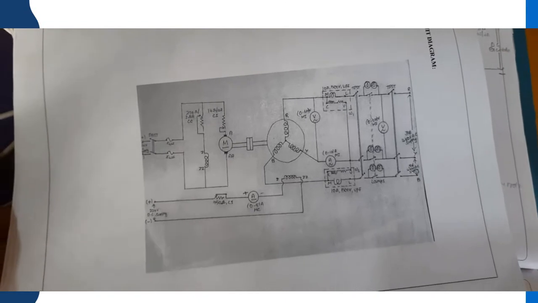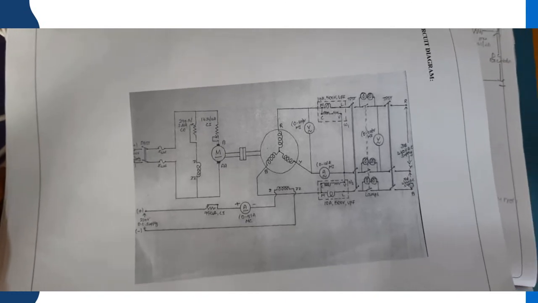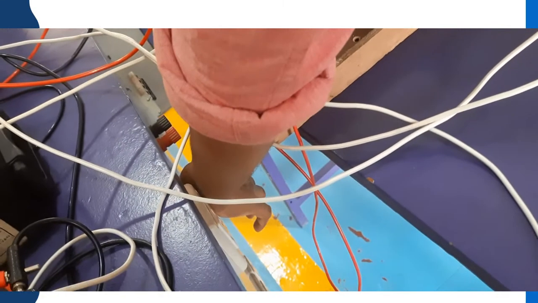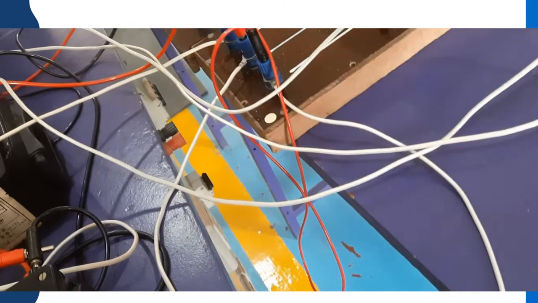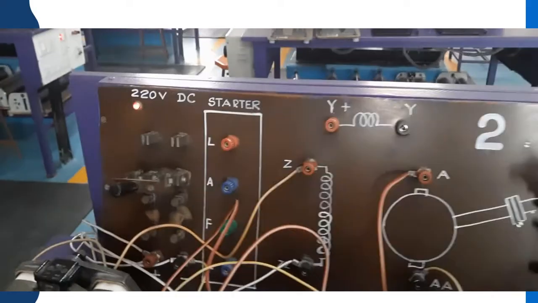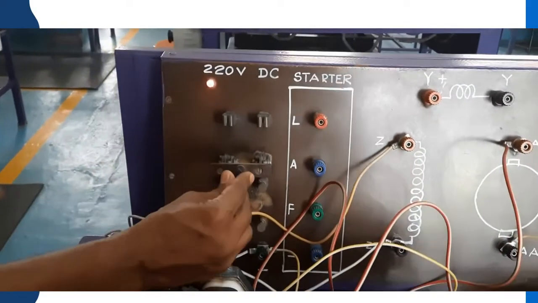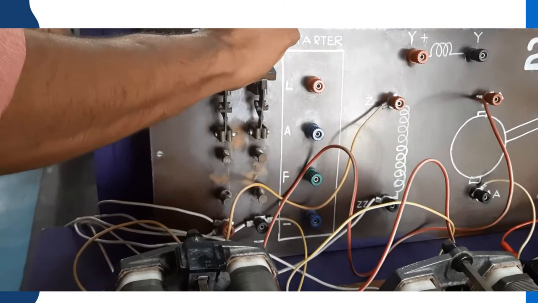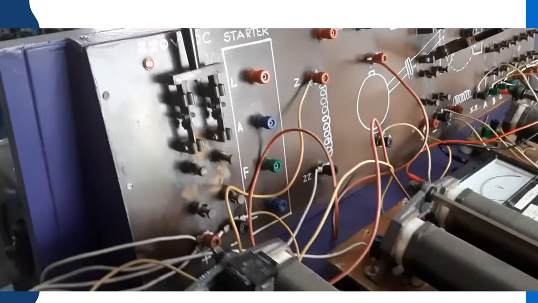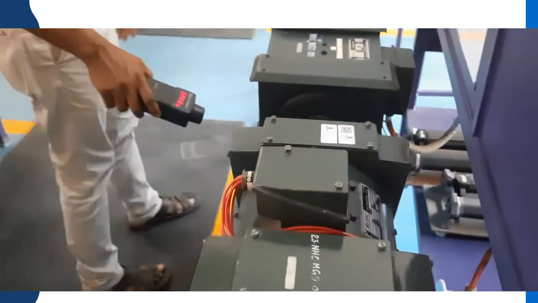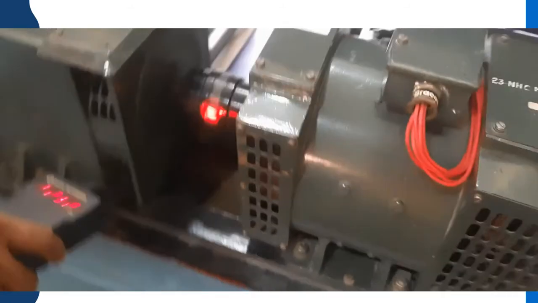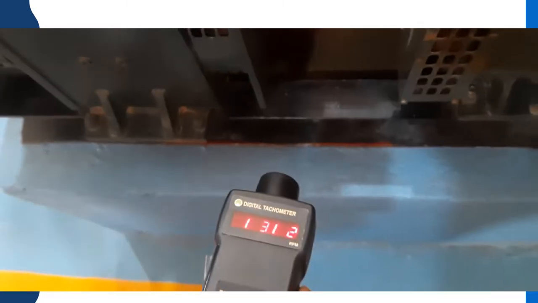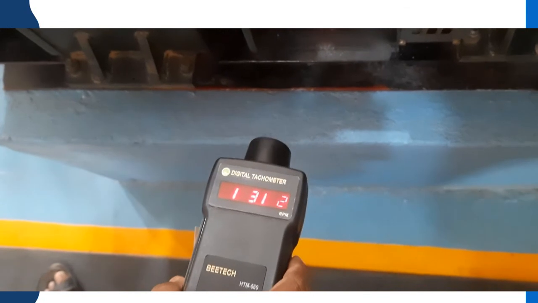So what is the procedure? We'll see now by turning on the equipment. Here there is an MCB point we have to turn on, so that the DC supply will be turned on to the machine point. So close the 220 volts supply. When you close it, at the back side you can see the machine running. You can observe the DC motor is now running at 1300 RPM.